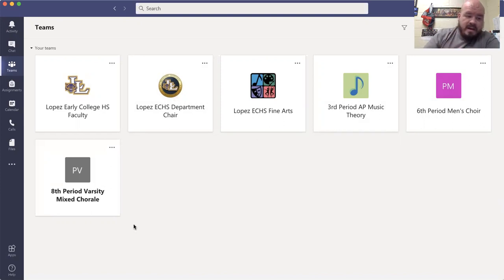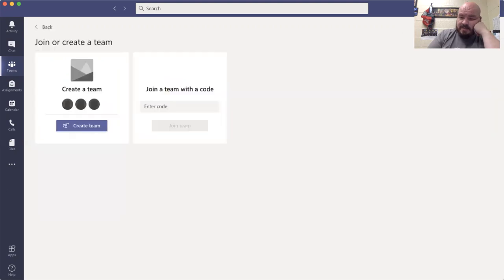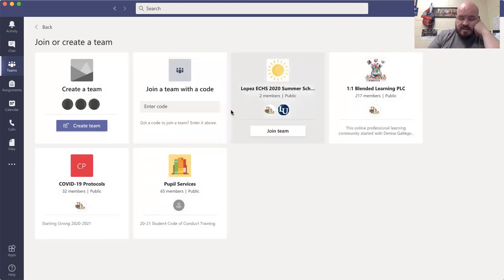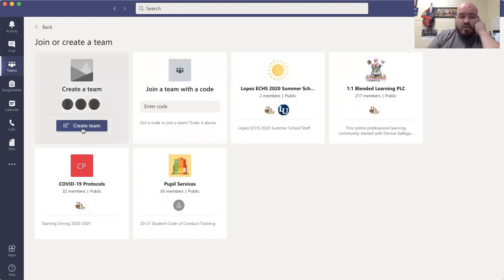Okay, and so we're going to easily jump into how to create a team. In the top right-hand corner, you have Join or Create Team, and so we're going to select that option. And then here you have other things that I guess were set up for summer school and COVID-19 and other things like that. We're going to look at create a team,